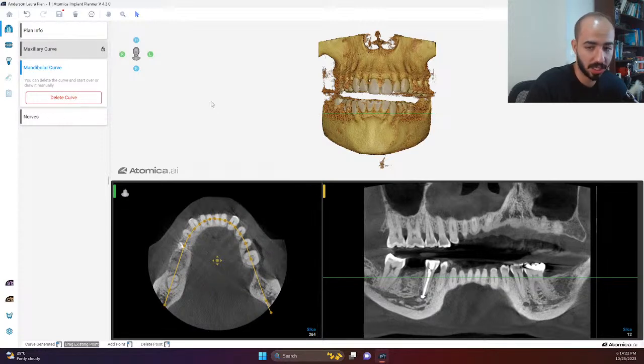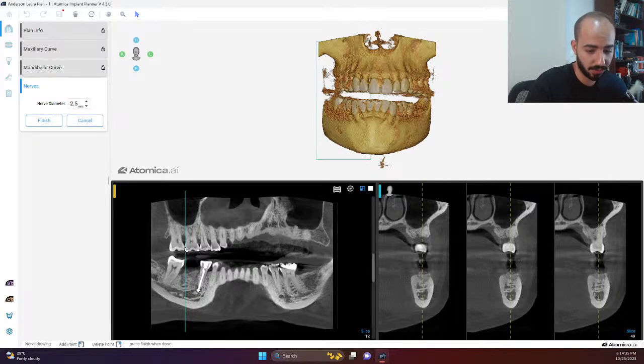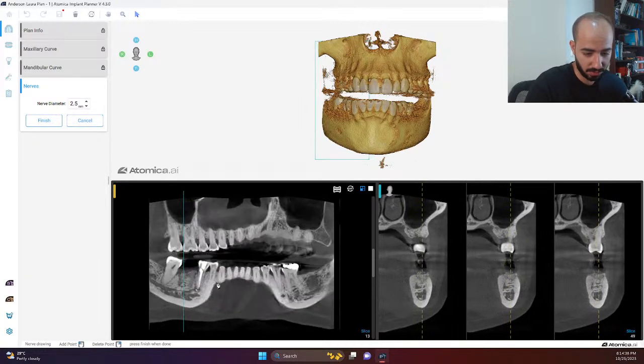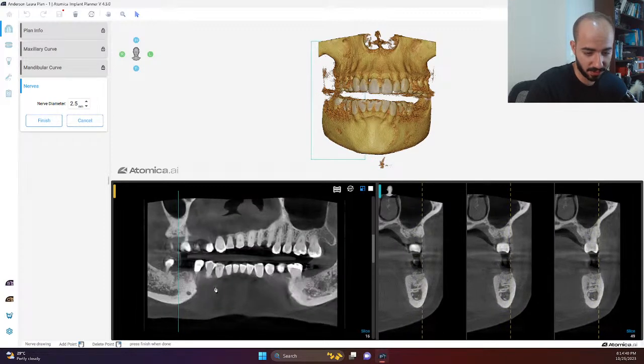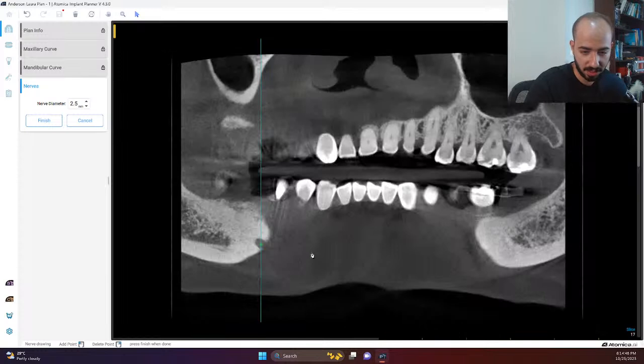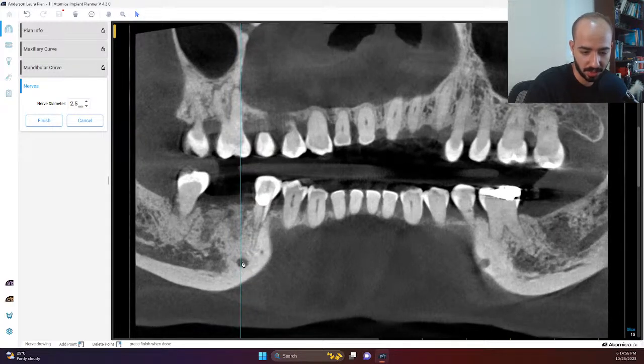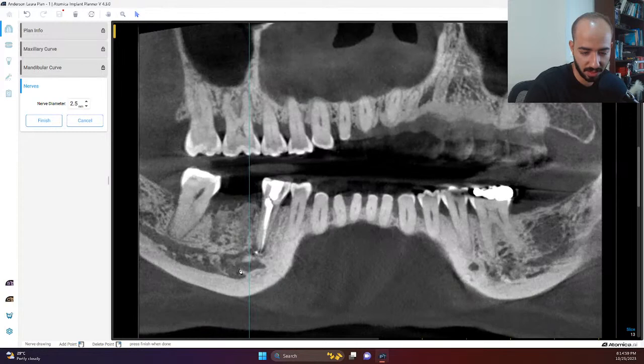As long as we're working on the mandibular arch, of course, we need to trace the nerves. The side of interest is on the right hand side. So we're going to go ahead and trace the inferior alveolar nerve on the right. I'd like to first of all start tracing using the panoramic view. This is the mental foramen right here. I place the dot. Let me bring that here to make it easier for you to see. We can zoom in using control and the scroller on the mouse. And after that,